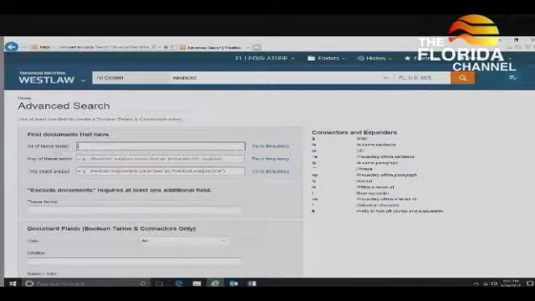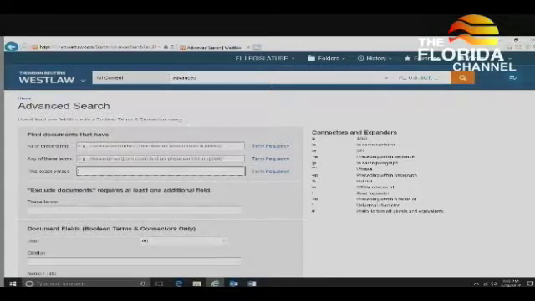So I can use the field restrictions and say I want all of these terms to appear, any of these terms, or I can use this exact phrase. So that is, if I'm using this exact phrase, you can see as I type it in the field, it populates it up here using the quotes, because that's how I ask for this exact phrase. You want to be careful with using the quotes, though, because in this example here, personal jurisdiction, there